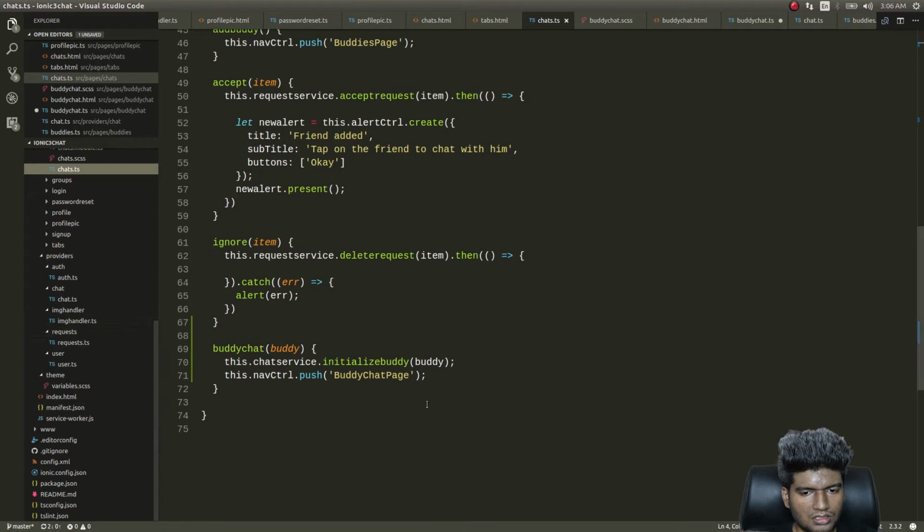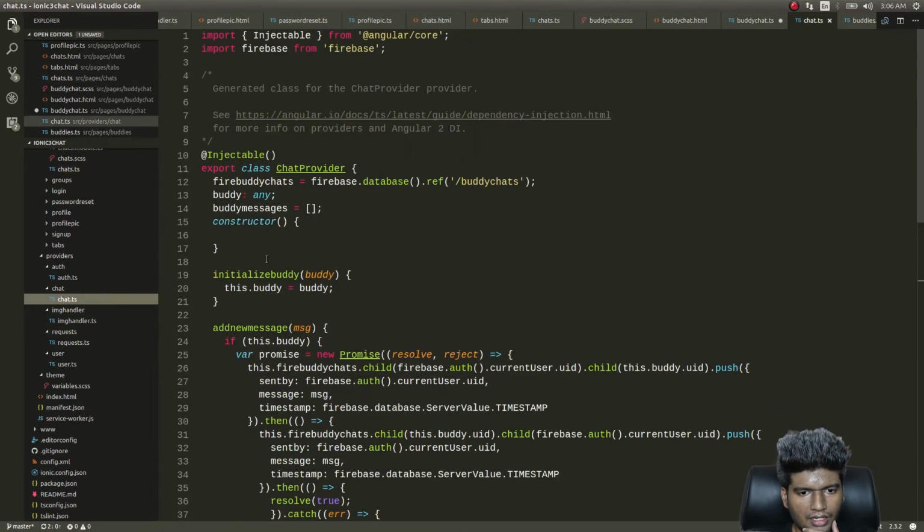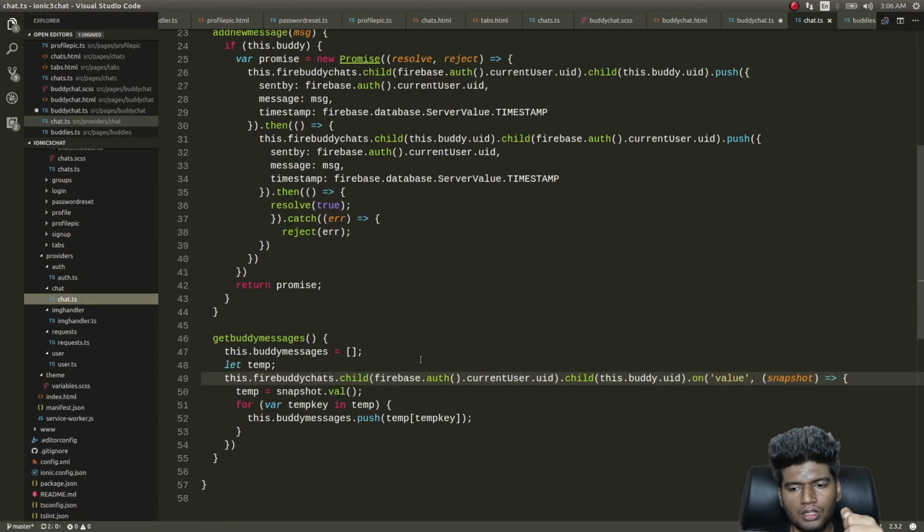So what this will do is, it will go here and then initialize this dot buddy with that particular person whom he has tapped. So this dot buddy dot uid will correspond to that particular person's uid, which means that we'll get an array of messages corresponding to the conversation between this logged in user and that particular person whom he has tapped on. Okay,